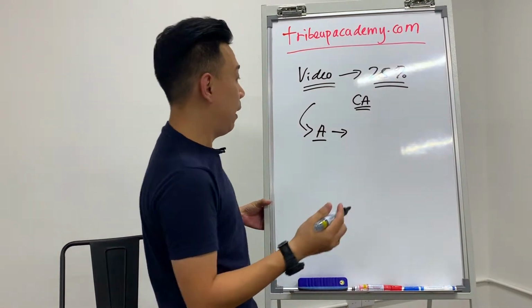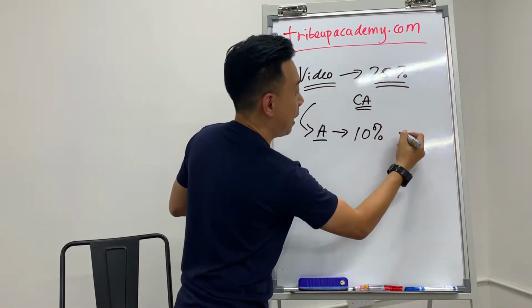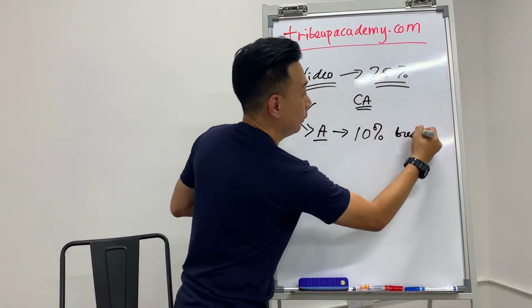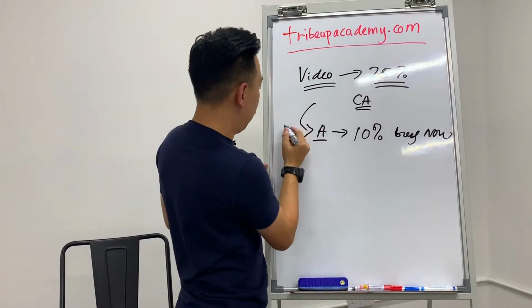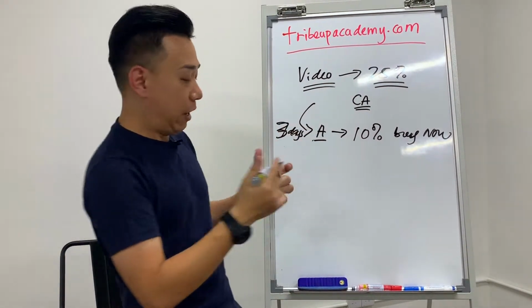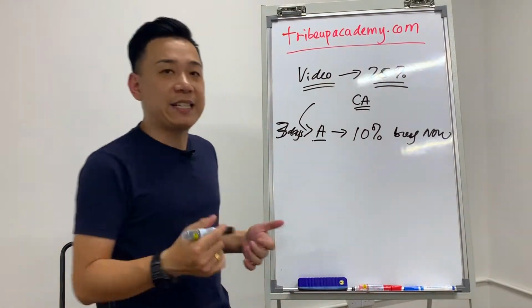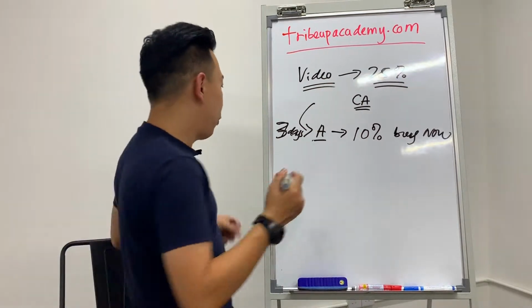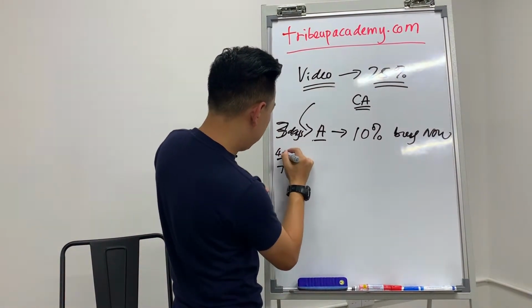The next thing is you can say, look, I have a 10% discount if you buy now, okay, 10% discount. This could go for about 7 days, for example, or 3 days if you're trying to sell something that has a shorter conversion period. Now, 3 days later, if they don't buy, you can probably run another advertisement on the 4th day through to the 7th day.